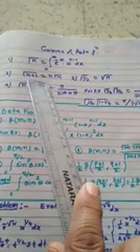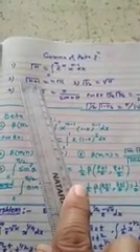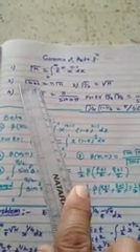Then the second definition for gamma: gamma n plus 1, n means any value, you can write n gamma n. For example, gamma 5 by 2. I want to find the answer of gamma 5 by 2. So 5 by 2 is 3 by 2 plus 1. So you can write 3 by 2 gamma 3 by 2. Then again gamma 3 by 2 you can write as half plus 1, so again you can write half gamma half. So in this way you can solve any problem.